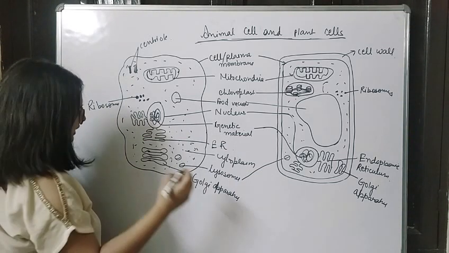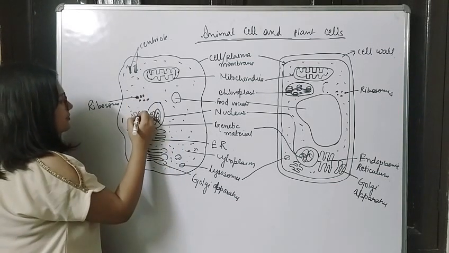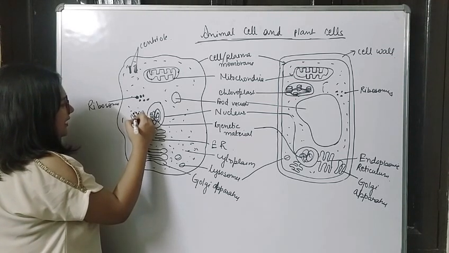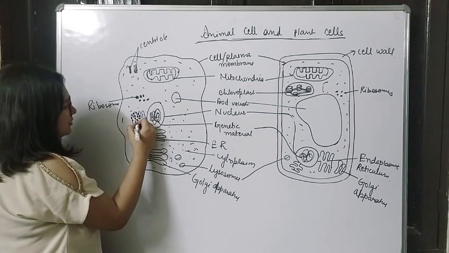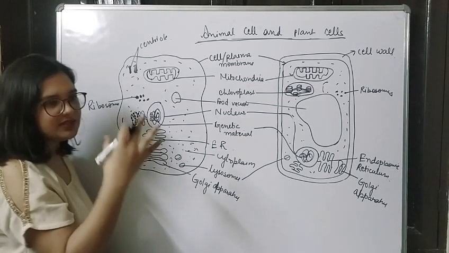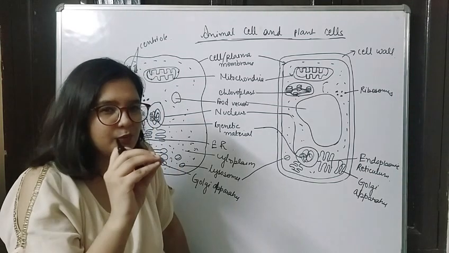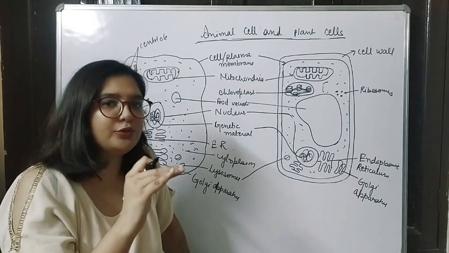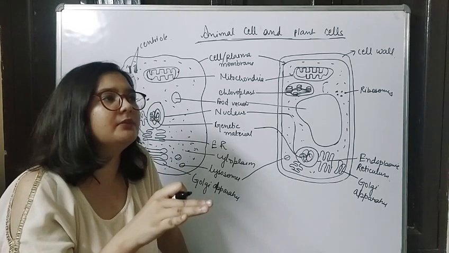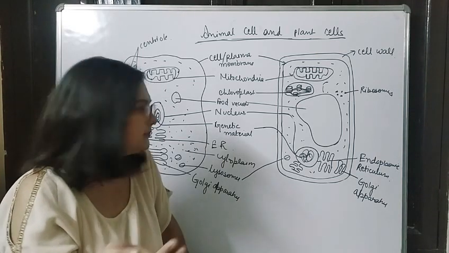Fine. Now we are left with, yes class, one more important thing. I made two endoplasmic reticulum here. If these ribosomes are present on these endoplasmic reticulum, then you will call it rough endoplasmic reticulum. Can you see this? It's looking very beautiful. You must have seen beads on a string. आपने देखा है कि धागे के ऊपर बहुत सारे मोती होते हैं. Similarly, अगर endoplasmic reticulum के ऊपर ribosomes are present, तो you will call it rough endoplasmic reticulum. And if ribosomes are not present on them, then you will call it smooth endoplasmic reticulum.